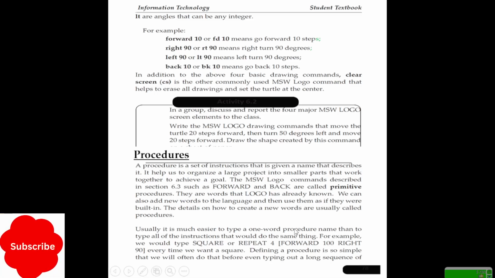It's a rule. Usually it is much easier to type a one-word procedure name than to type all of the instructions that will do the same thing. For example, we'll type square or repeat for forward and right.